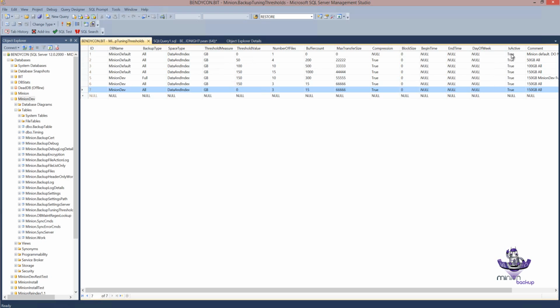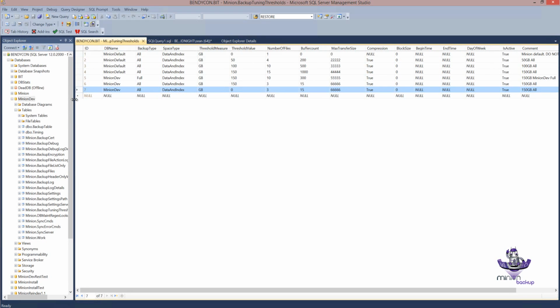And again, with the is active, you can have different configs even for the server it's on. So let's say that you have a mirroring partner that isn't as powerful as the primary, and you don't want to back up those databases with as much gusto as you do on the primary, right? Well, then you can easily turn those off. Again, you can have that pre-task, or that pre-step, that determines which server you're on,